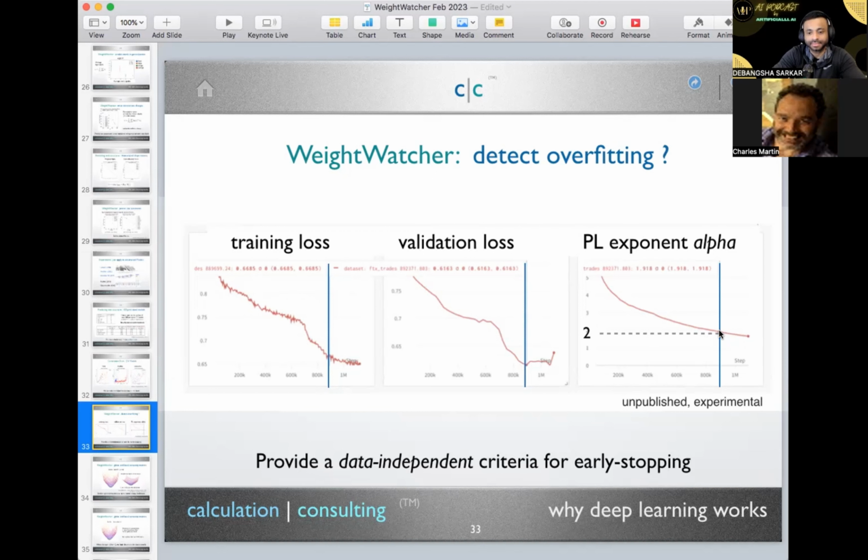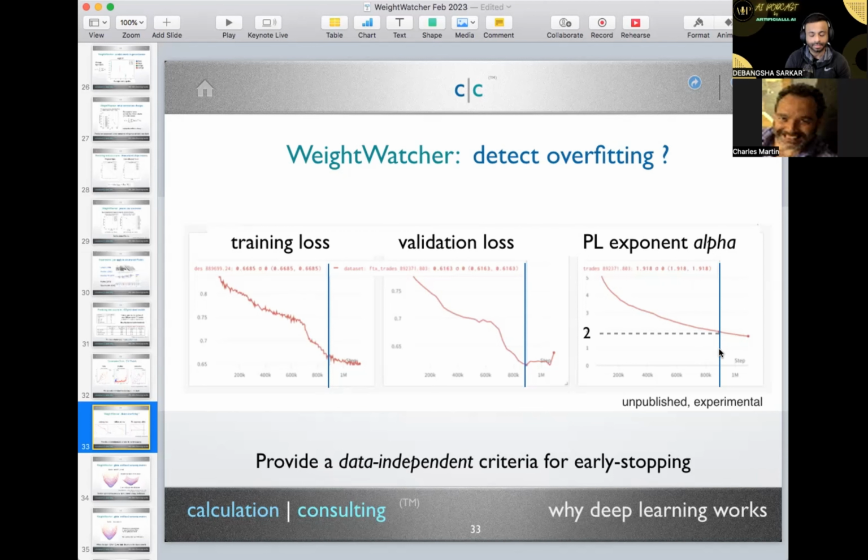We're trying to reproduce this and figure out whether it's correct. So we've been studying small multi-layer perceptrons trained on CIFAR to see whether we can reproduce it exactly. In the new theory paper, which is not published, but I'm happy to share the preprint, I show examples where the system converges exactly to 2, and when you overfit, it drops below 2.